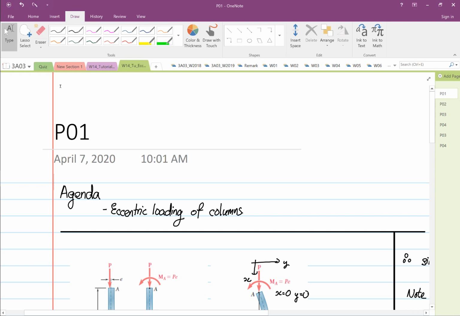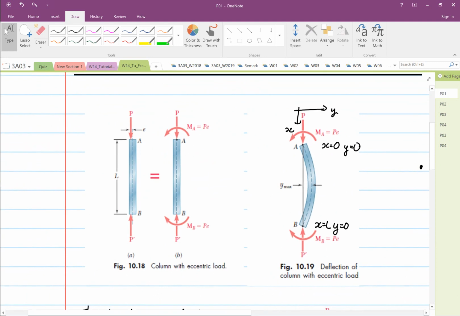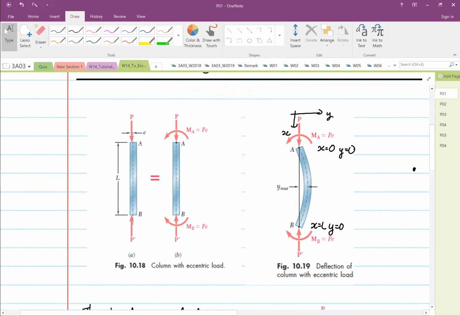Hi, this series of lectures will be on eccentric loading of columns. Similar to bending, where you have centric bending and eccentric bending, here we have eccentric loading. When you see eccentric bending, what you tend to observe is when the load is applied,